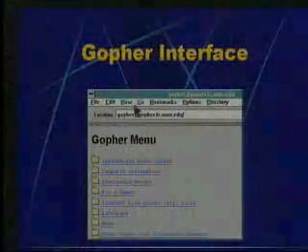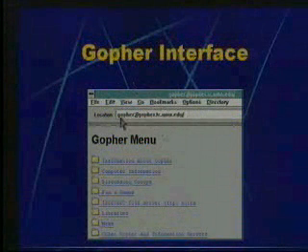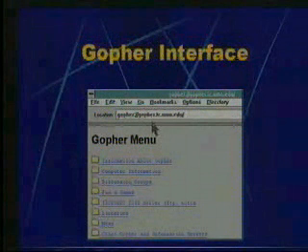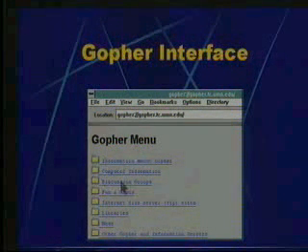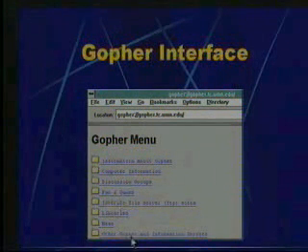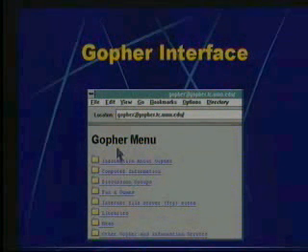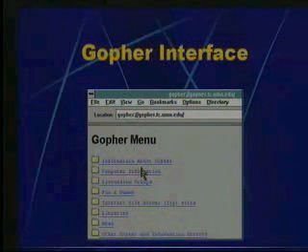The interface of Gopher is as follows. You can see the slide here. This is how the Gopher interface is. So here Gopher is also a protocol which can be used to go to the Gopher menu and choose the information about Gopher, computer information, discussion groups, fun and games, etc. And once you click on any of those URLs, you will get the websites or other documents listed on the site, with the help of which you can get information.